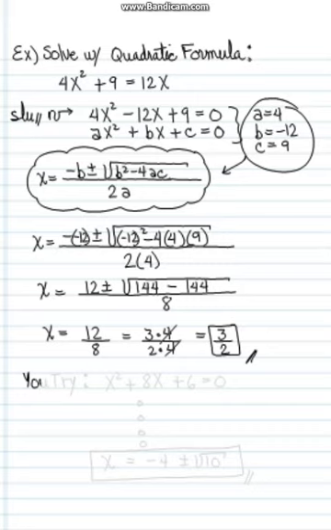Now I want you to try this yourself. I want you to solve this second degree equation, x squared plus 8x plus 6 equals 0, and I want you to do it using the quadratic formula. So it's all ready now for you to go ahead and compare to the standard form ax squared plus bx plus c equals 0 to identify the a, the b, and the c, plug them into the formula, and do the hardest part, simplify it, and your answer will be